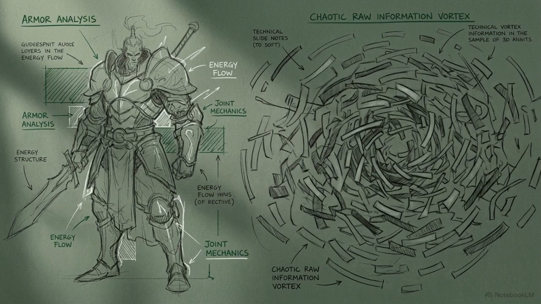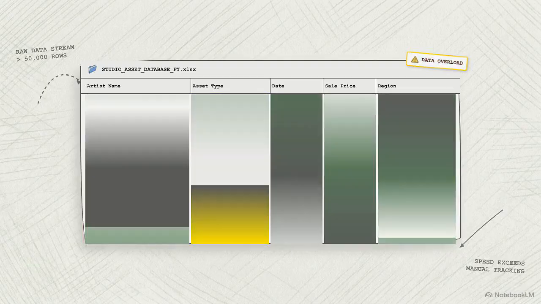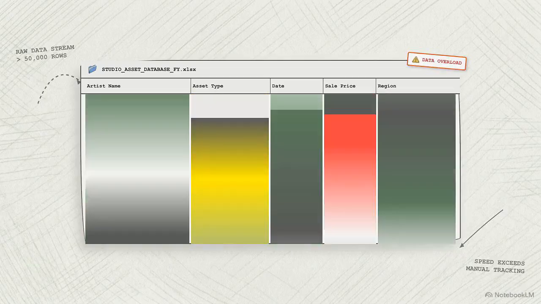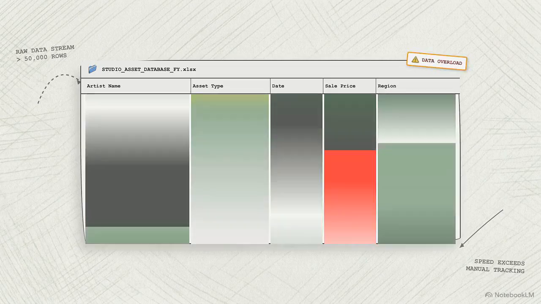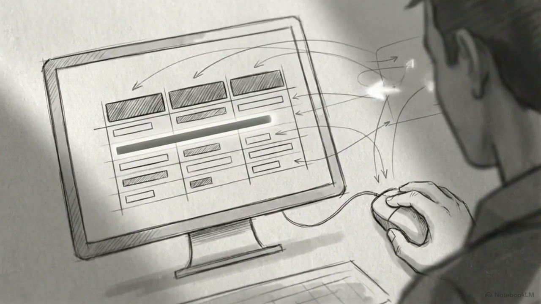As a 3D animation studio scales up, keeping track of every asset sold turns into a massive data problem. If your manager asks who the top-selling artist of the month was, finding that answer in a chaotic spreadsheet means scrolling through thousands of disorganized rows. A pivot table can extract that specific insight by summarizing those thousands of entries without requiring you to write a